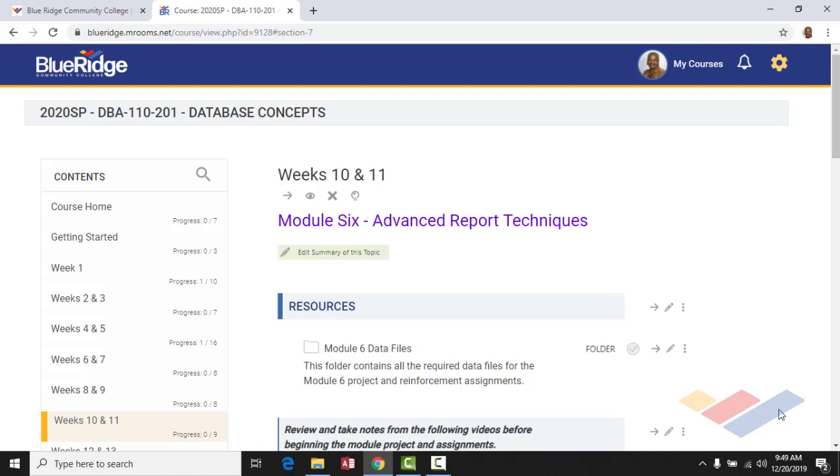You probably will corrupt a few forms and start over. A few reports and start over, but that's okay. That's how we learn, and it's perfectly fine. I've done it zillions of times. I don't even want to say how many. But it's perfectly part of the learning process, but you'll get a lot out of this, as will you in